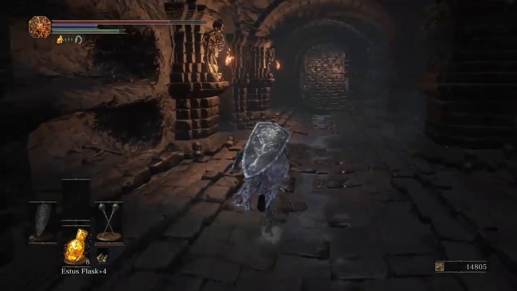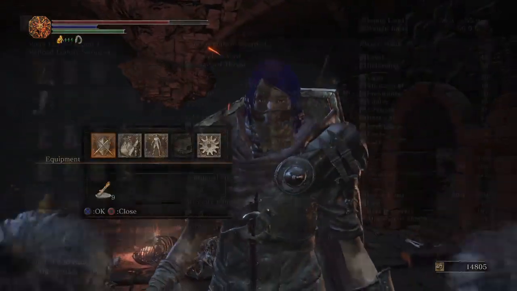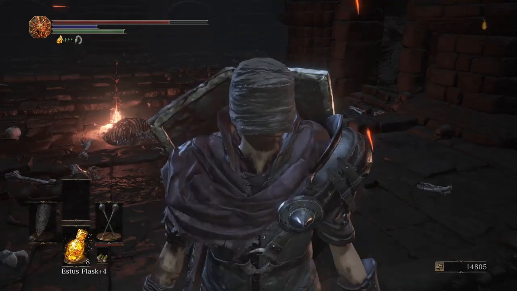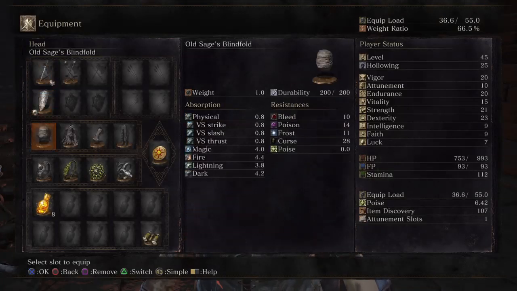So the Old Sage's Blindfold is kind of good fashion, except for the fact that it gets rid of your hair. If it was just a blindfold, it'd be rad, but...